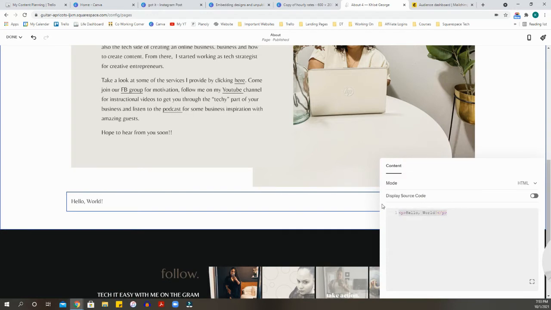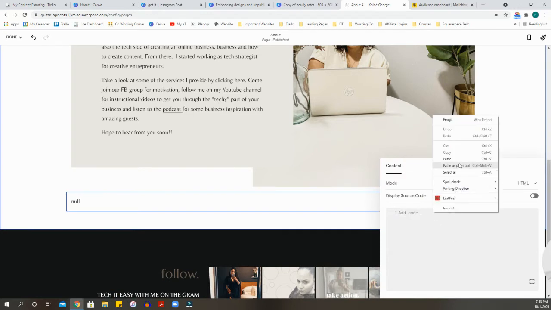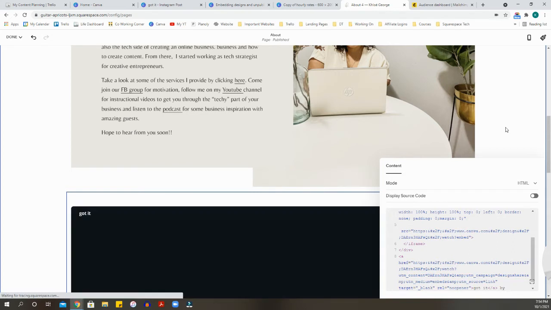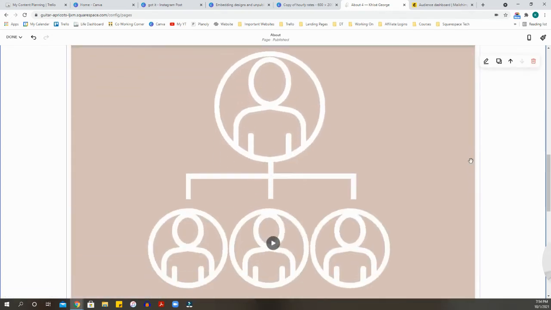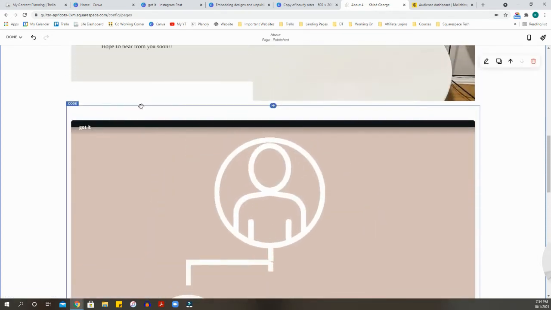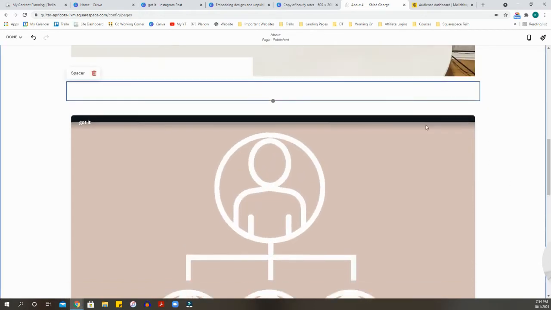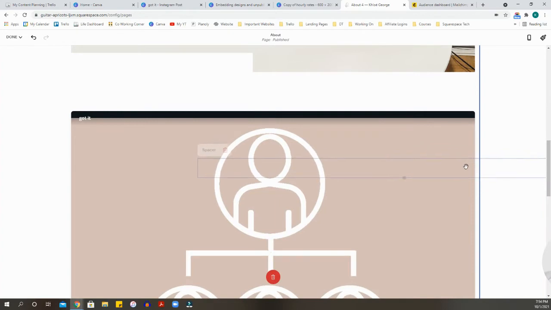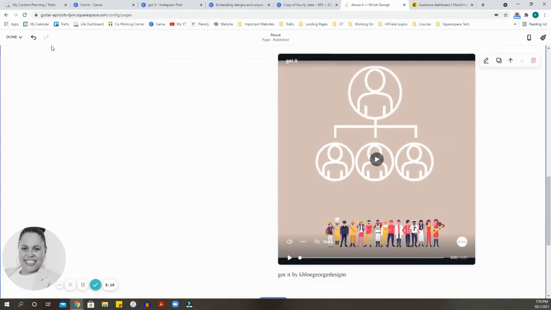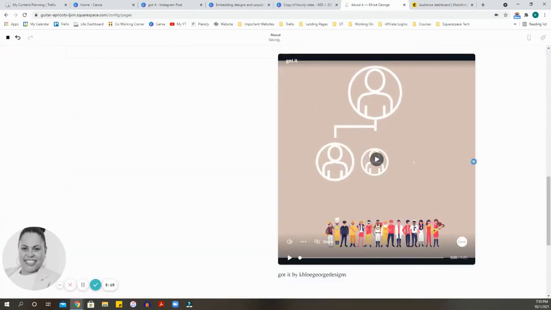I'm going to delete this, and then I'm going to paste the code I just copied from Canva. Now you will see that the image is embedded into my website. I'm actually going to add a spacer just to make this a little smaller. So here's my embedded image. And when I hit done here,